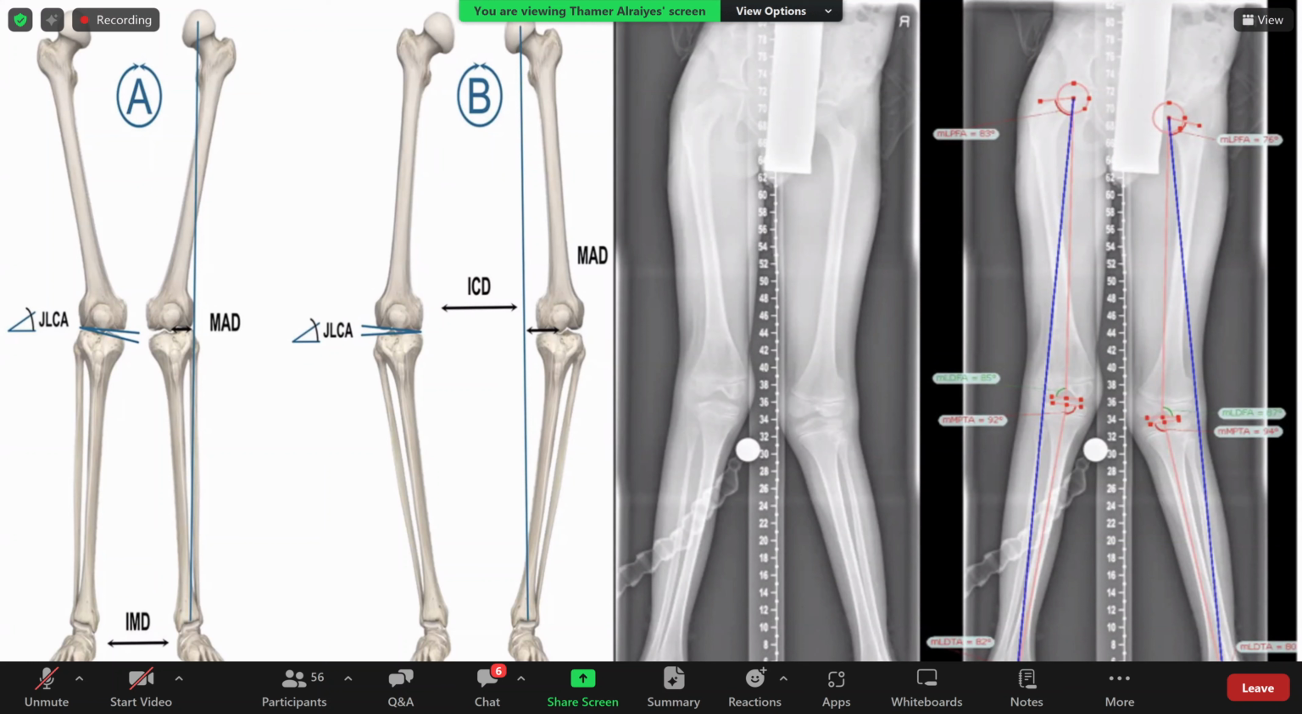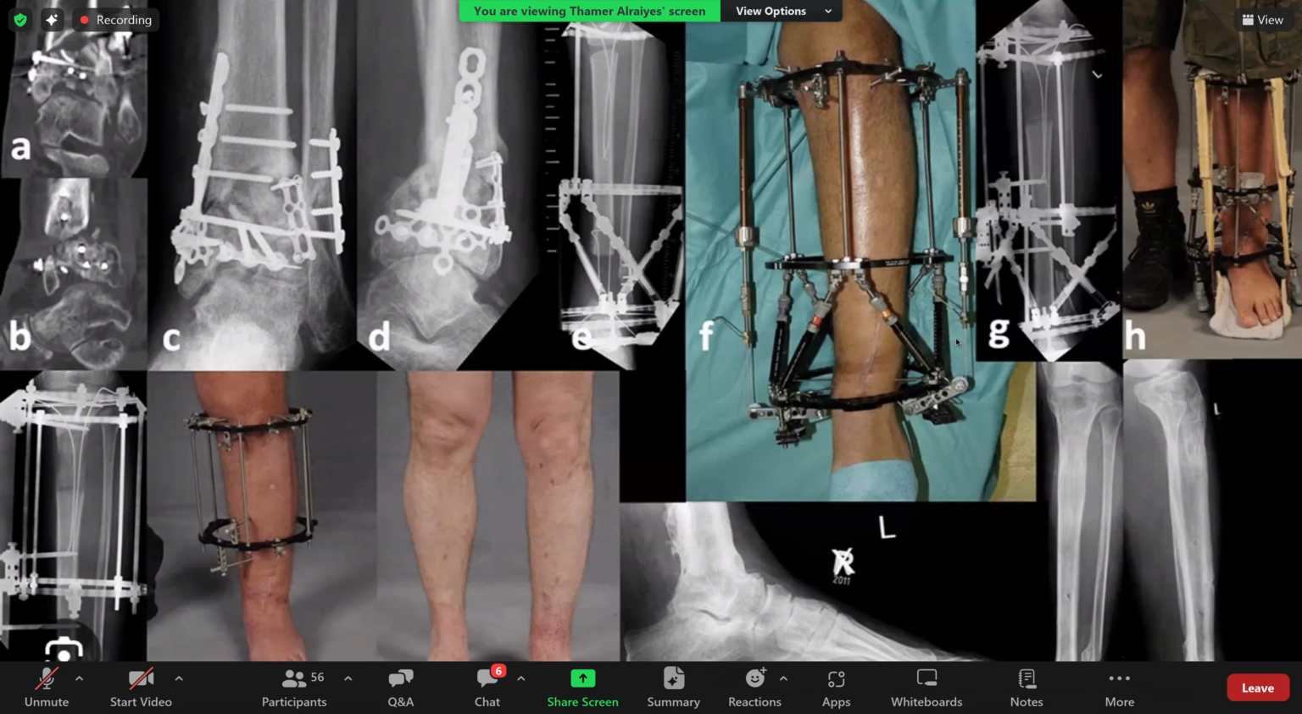So again, going through these things, it's just showing you pictures of what I was talking about when you put a circular device, just to correct the deformity. I'm not going to ask you major questions about this, so don't worry about it. It's just, for example, this image